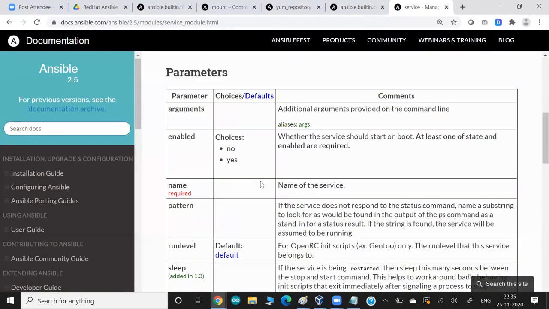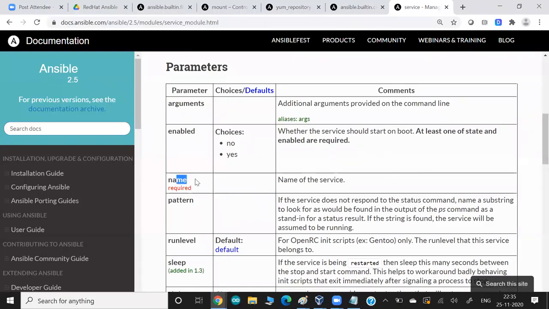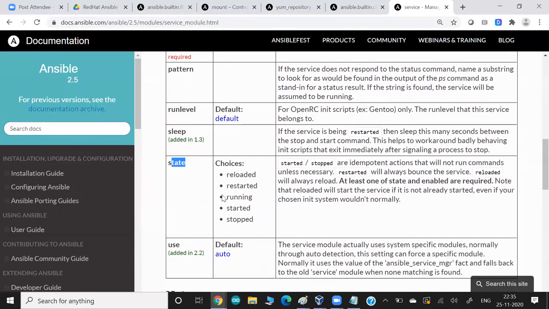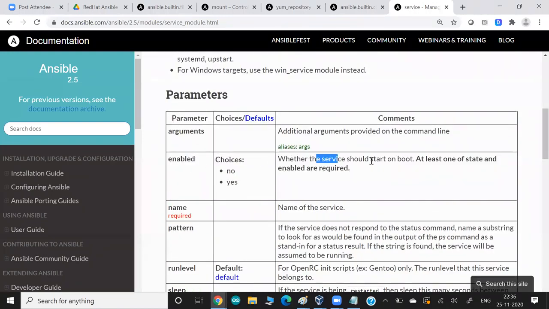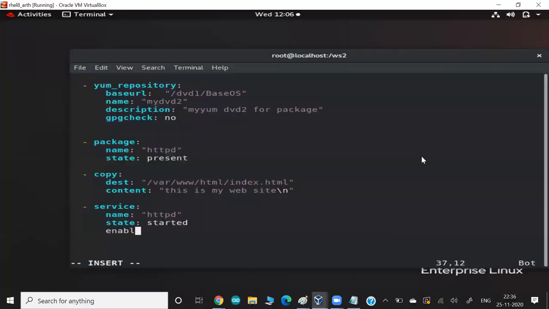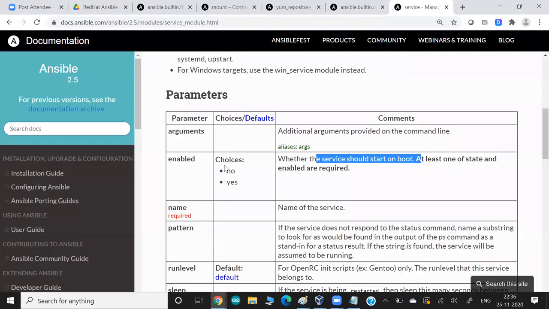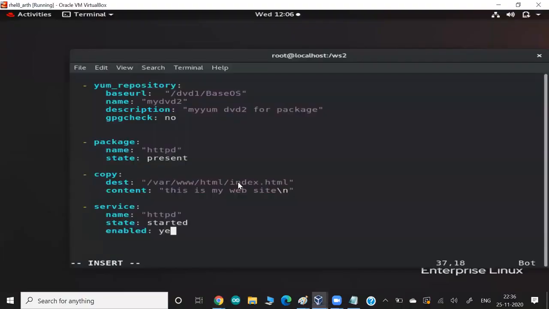In the service module, you have to give the service name. Do you want the service to start right now? But if you want the service to be permanently enabled, then we have one keyword called enabled. It will start your service at boot time. It's permanently enabled. It is not important whether you are using Red Hat 6, Red Hat 8, or Ubuntu. Just use this keyword and I will enable this service permanently for you. They support yes or no. I say yes. That's all. Now, if I run this code,